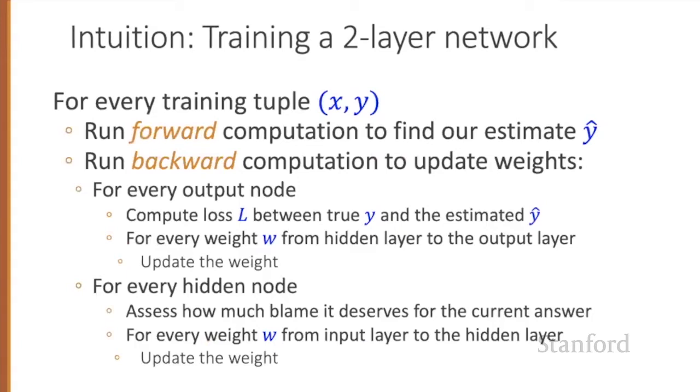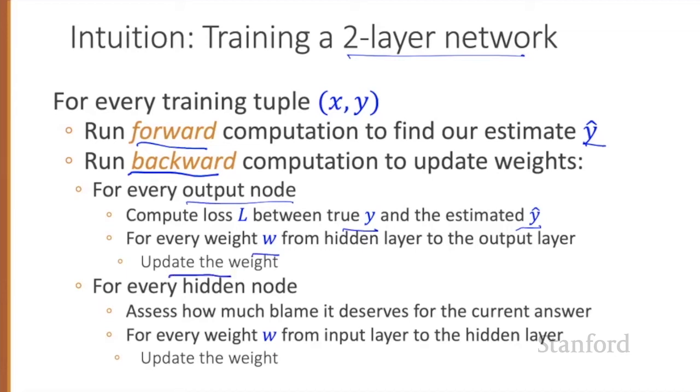For every training tuple, input X, correct answer Y, we're going to run our forward computation to find what our network thinks Y hat is, our estimate of Y. And then we're going to run a backward computation to update weights. And we're thinking here about a two-layer network. So first, for every output node, we're going to compute the loss between the true Y and the estimated Y, and we're going to take all the weights from the hidden layer to the output layer and update those weights